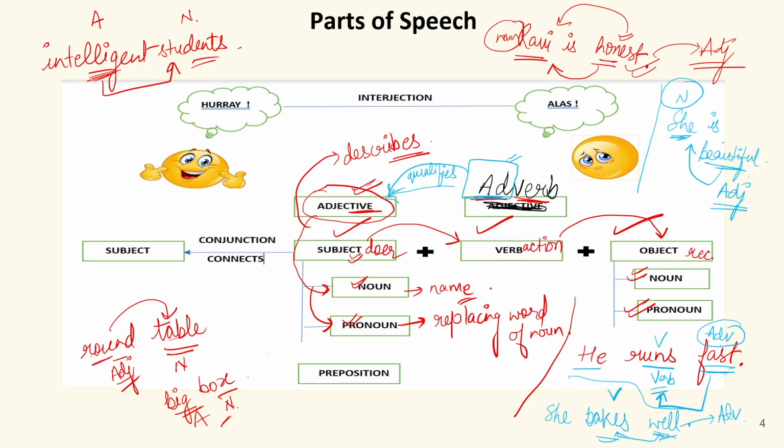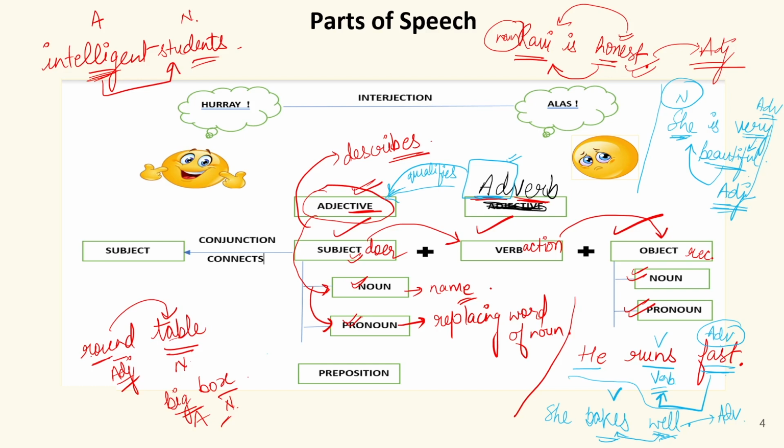Now, if I write the sentence like she is very beautiful, this word very is qualifying the word beautiful. Beautiful is an adjective. Very is used for beautiful. That she is very beautiful. So this word very is an adverb, and adverb is a word which can qualify an adjective, or you can say adverb is a word which qualifies an adjective. So adverb is a word which qualifies an adjective. Now we can define adverb as a word which qualifies a verb and which can qualify adjectives.